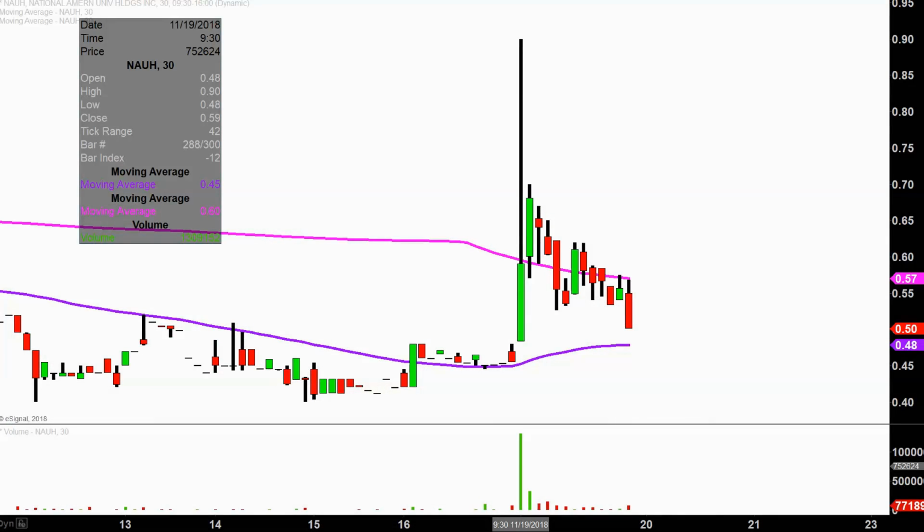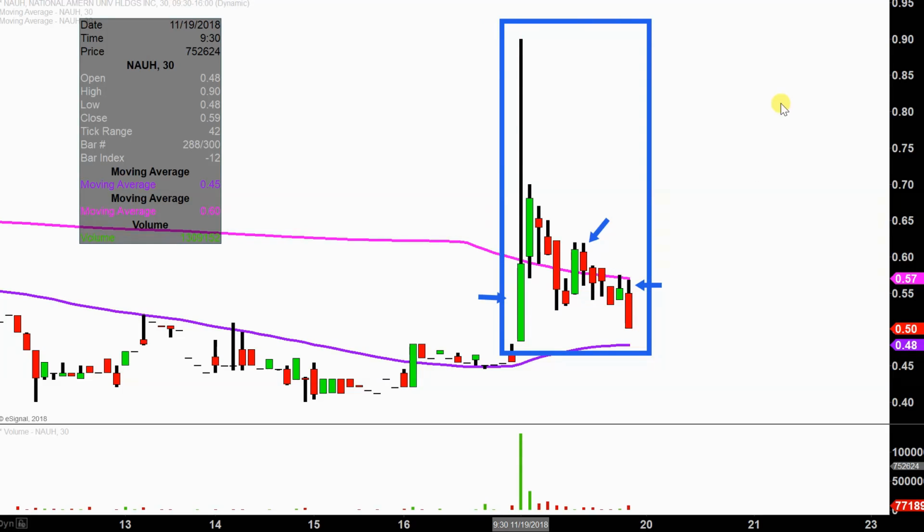Real quick, what do I mean by 30-minute in case maybe you're new to charts? Instead of each one of these candlesticks here representing 1 day's worth of price action, which is what you would normally see, each one represents 30 minutes. So while this here may look like several days worth of time, it's actually today's price action broken down into